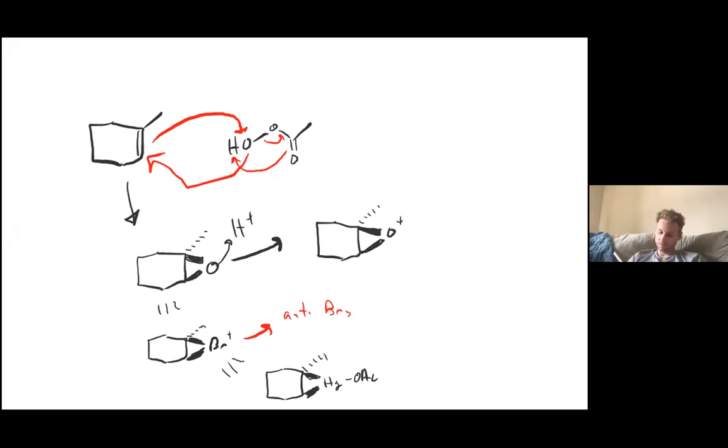This is going to give us water. It's going to do an SN2, so we'll invert the stereochemistry of this top